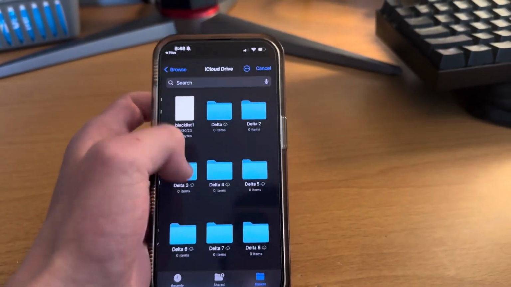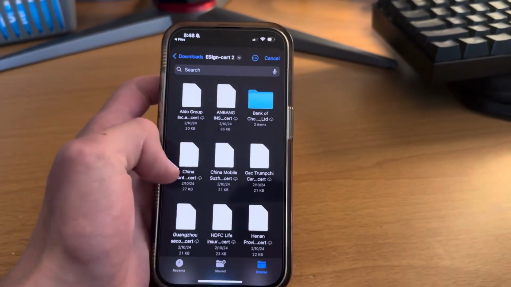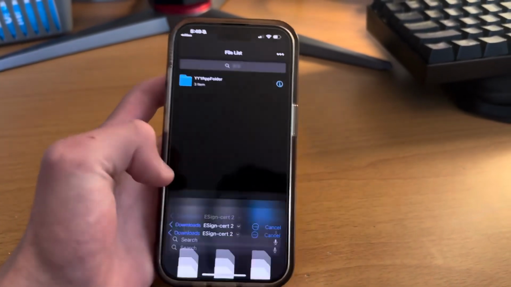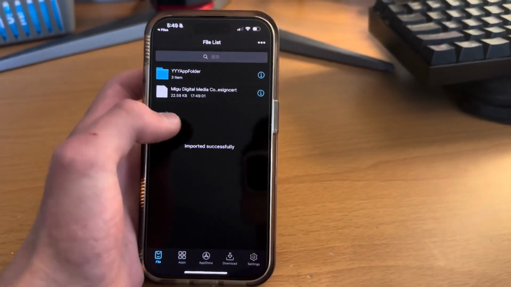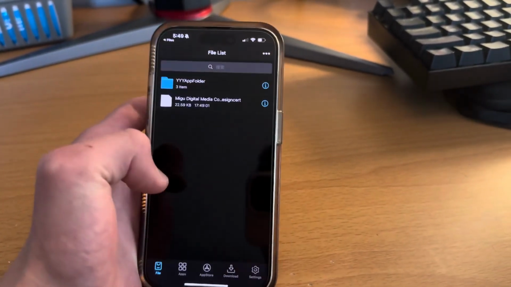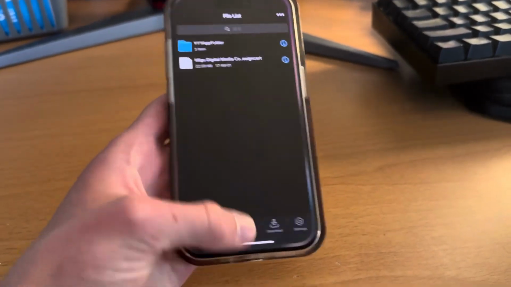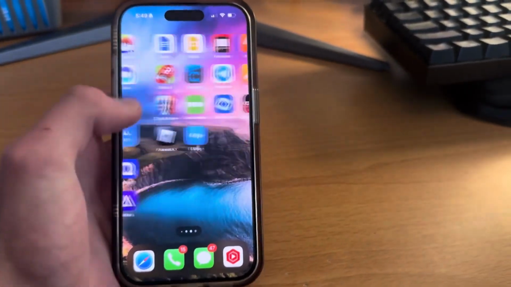Let's see, you're just going to want to find it. And you're going to import it, so like so. And you're going to click import, and then you're going to hit import certificate management. Now, if you weren't able to find your thing for whatever reason, another thing you can do is head to